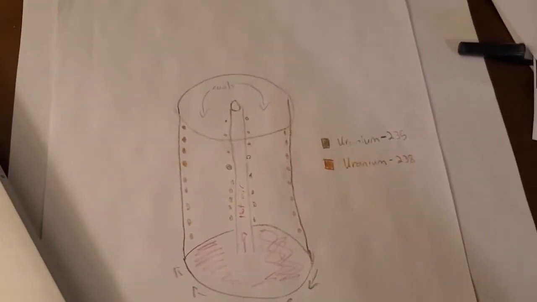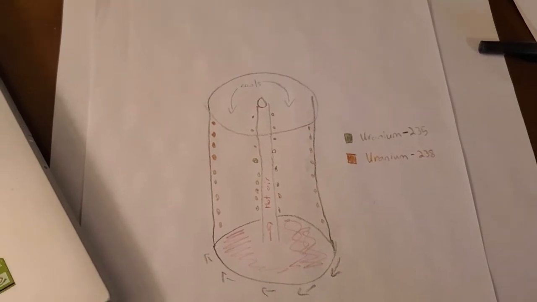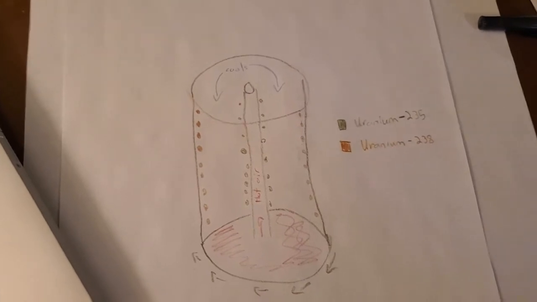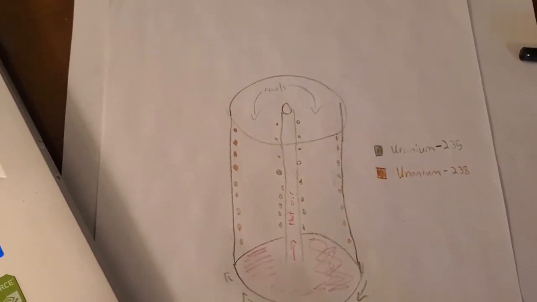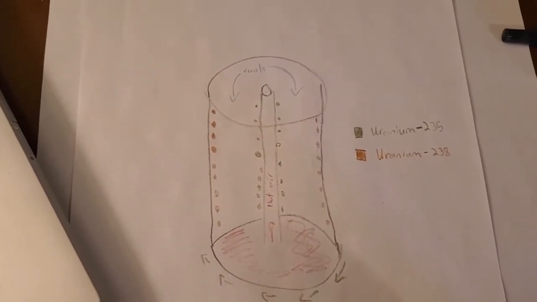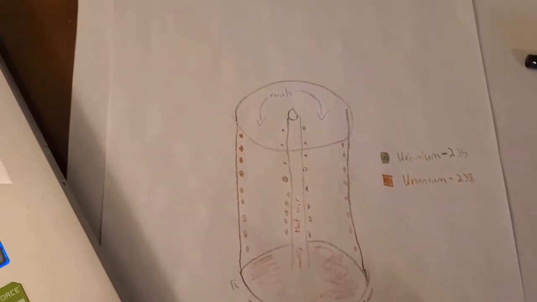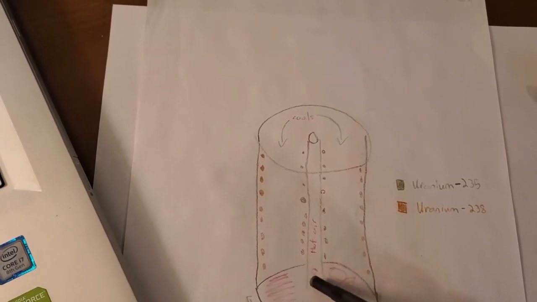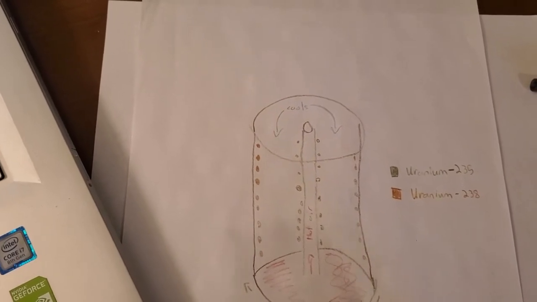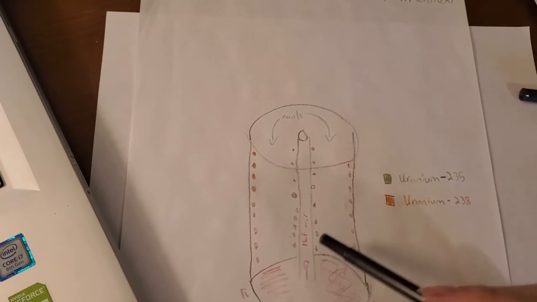The last one here is for a Zippe-type gas centrifuge. This is what they use to enrich uranium in order to use it for either weapons purposes or for making nuclear power. It's pretty much what happens is this thing is spinning really, really fast,